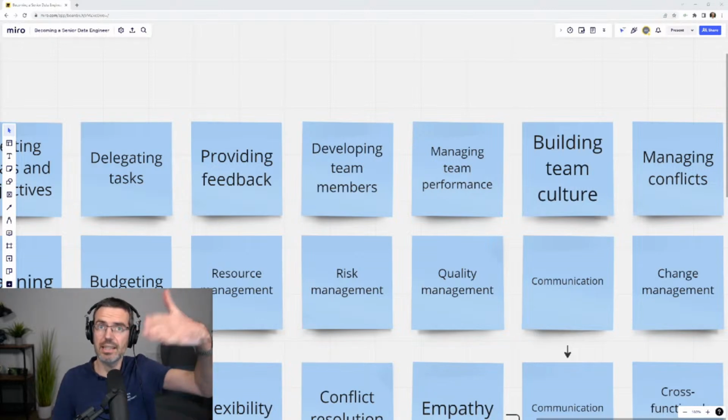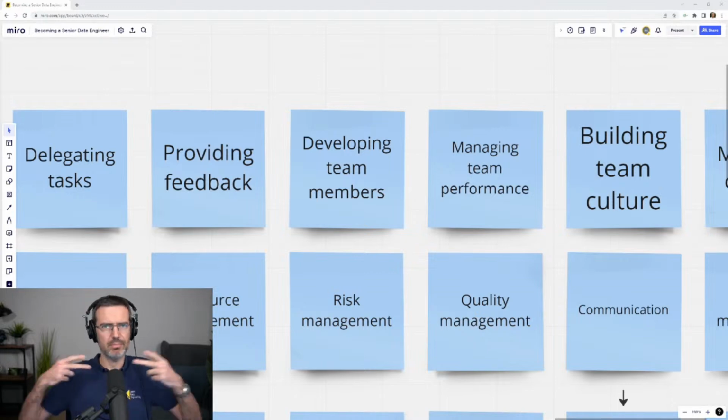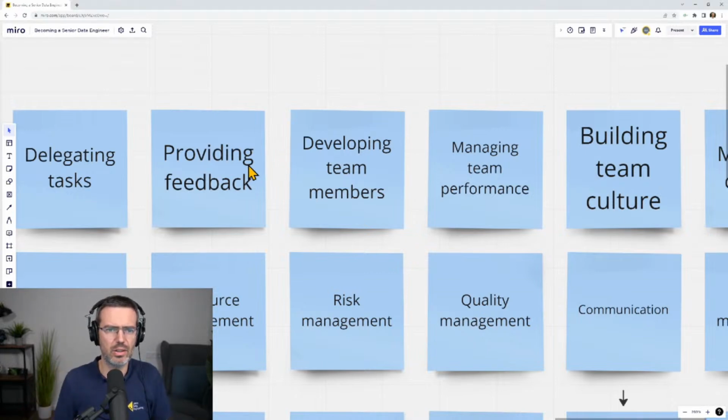And it's already there, already improving skills, already towards developing team members, which it says here, senior data engineers should be able to identify the strengths and weaknesses of team members and provide training and development opportunities to help them grow and develop, which, these two are very closely aligned here.